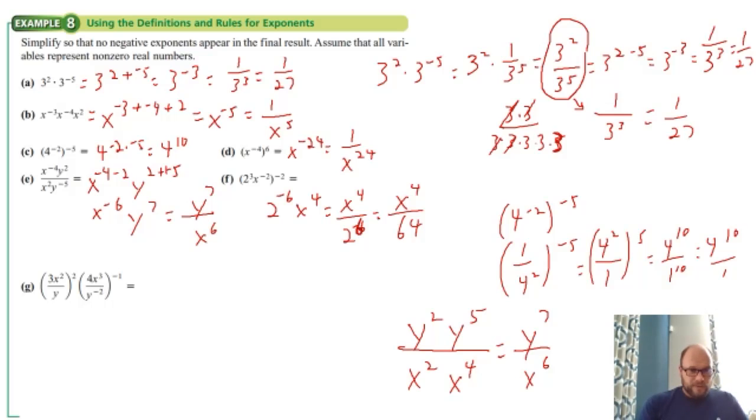So first, let's rewrite this as this 2 is going to go to the bottom one, so y to the 2nd. It's also going to go to the top, so 3 to the 2nd, x to the 2 times 2 is 4. On the other fraction, this is going to flip it, so we have y